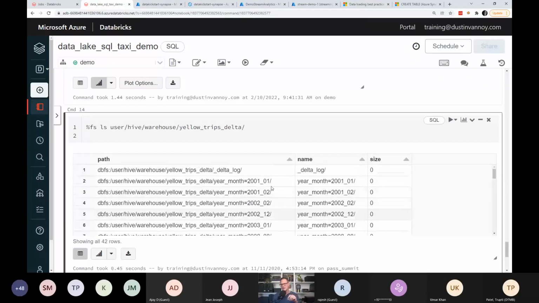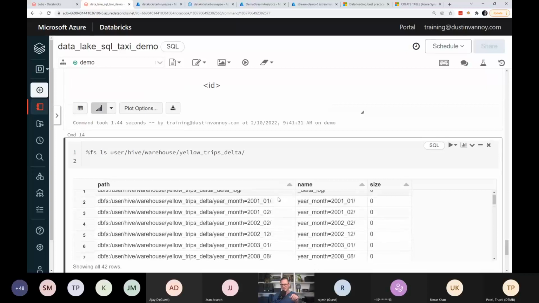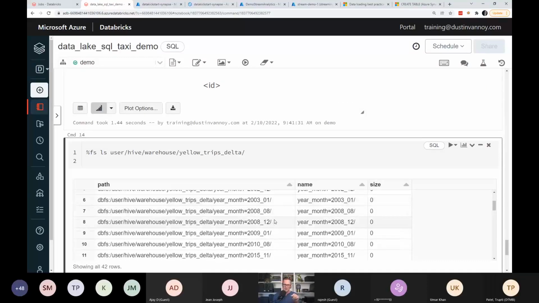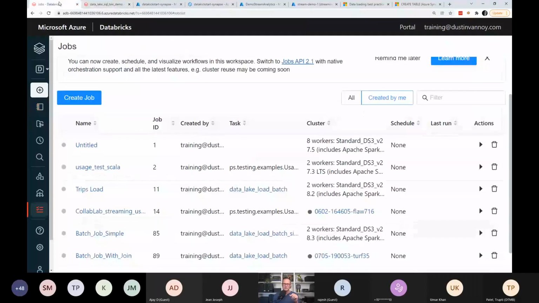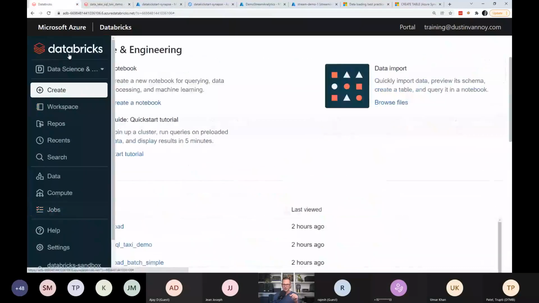So similar ideas to table partitioning in relational databases. It's almost as close as you'll get to indexes within a data lake. That's the idea there. Just mostly to set up our next